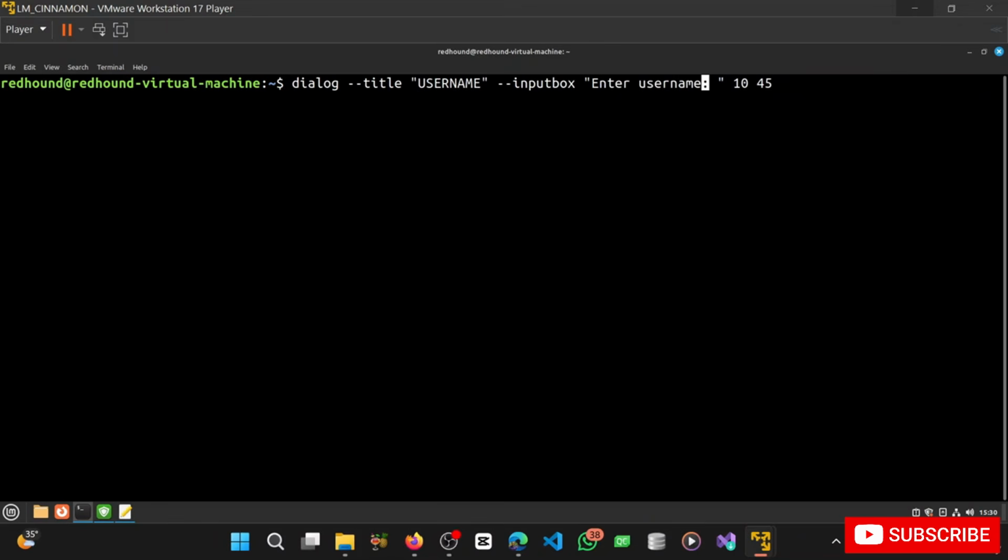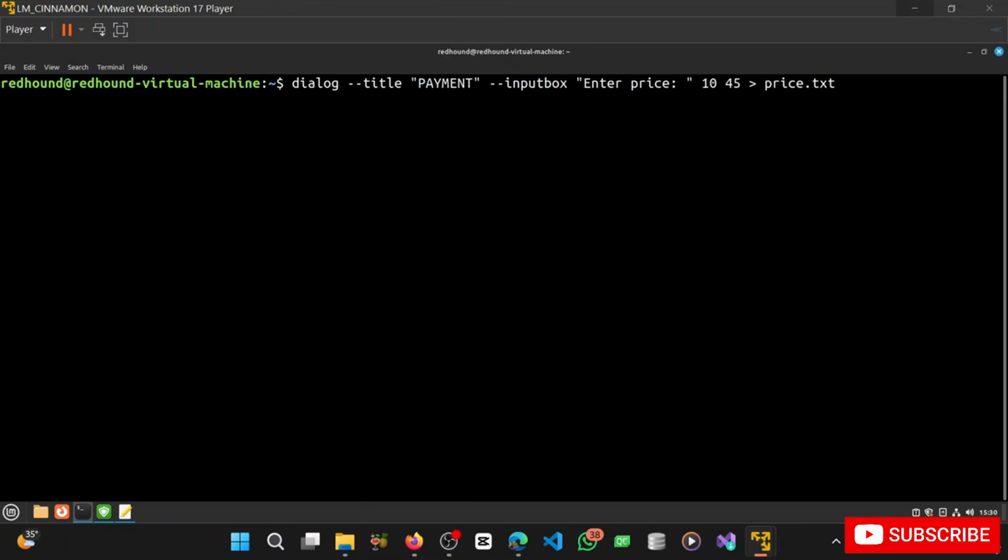Let's do something like enter price. So I'm going to come over here and do something like payment, right? If I want to know what the user entered, I'm going to use this redirection operator, which means I want to pass the output of this dialog into this file known as